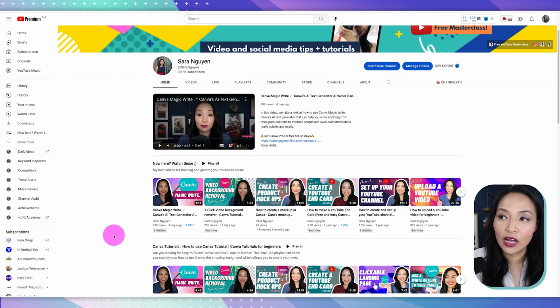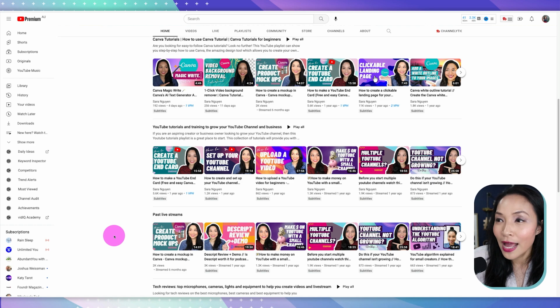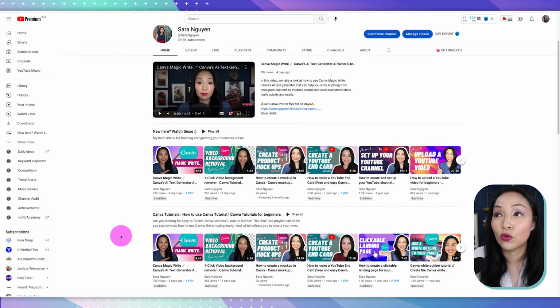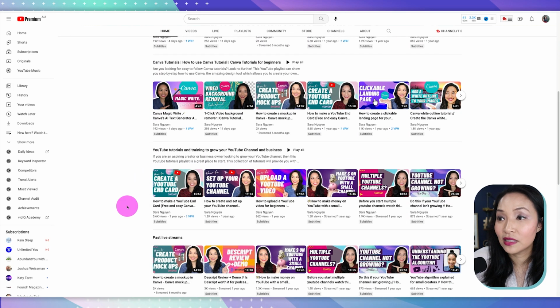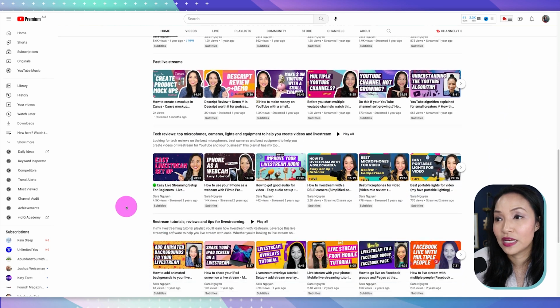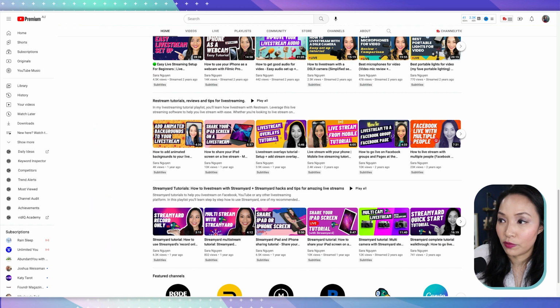This is where you categorize your playlists so that people know, okay, these are the channels that I've got, and here's what you can watch, as if you're watching on Netflix, right? So this is where they can see which playlist they want to binge from. It also tells people at a quick glance what your channel is actually about. People can see here, apart from these being my latest ones, this girl's about Canva, this girl's about YouTube, she does live streaming, tech reviews, and she has a couple of playlists for these software providers as well.